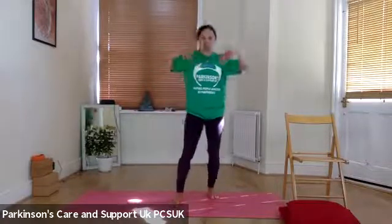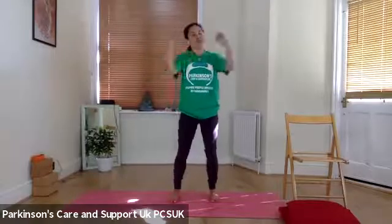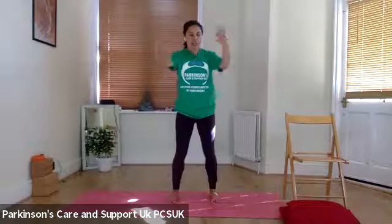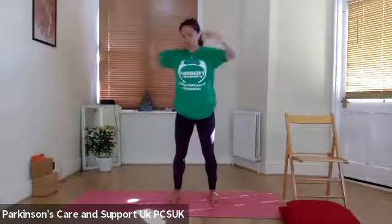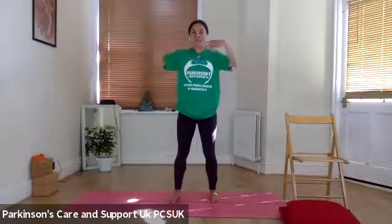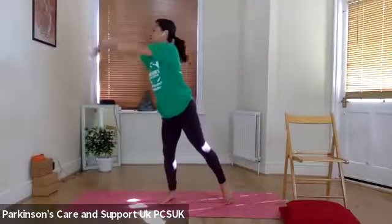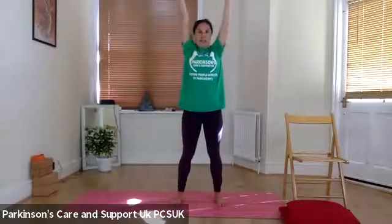So imagine you're drying your hands with water. And this is quite a nice one for energetically letting go of something you don't need anymore. So you can almost imagine shaking off anxieties, fears, negative emotions, like really shaking the body of anything you want to get rid of. And then can you shake all the way from the right side of the room, through the middle to the left side of the room,